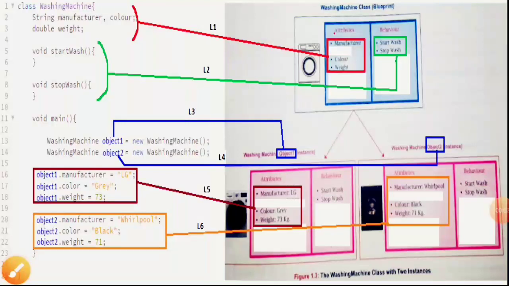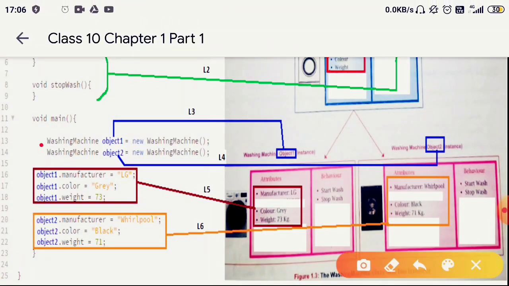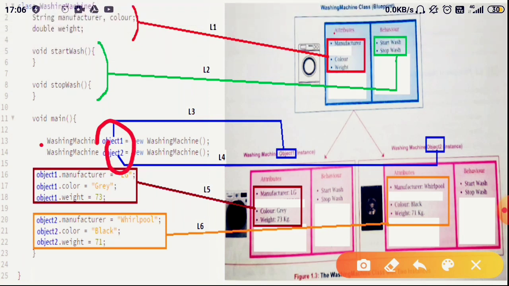Just as I have created two objects, object1 and object2, belonging to which type? Washing machine type. Type of object1 is WashingMachine, type of object2 is WashingMachine.